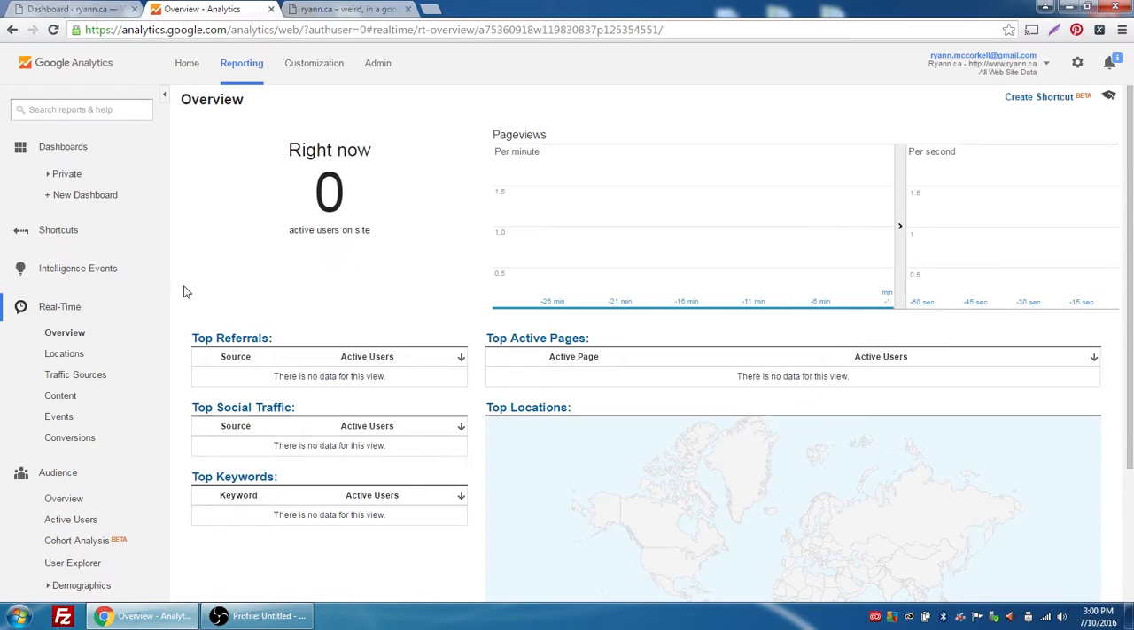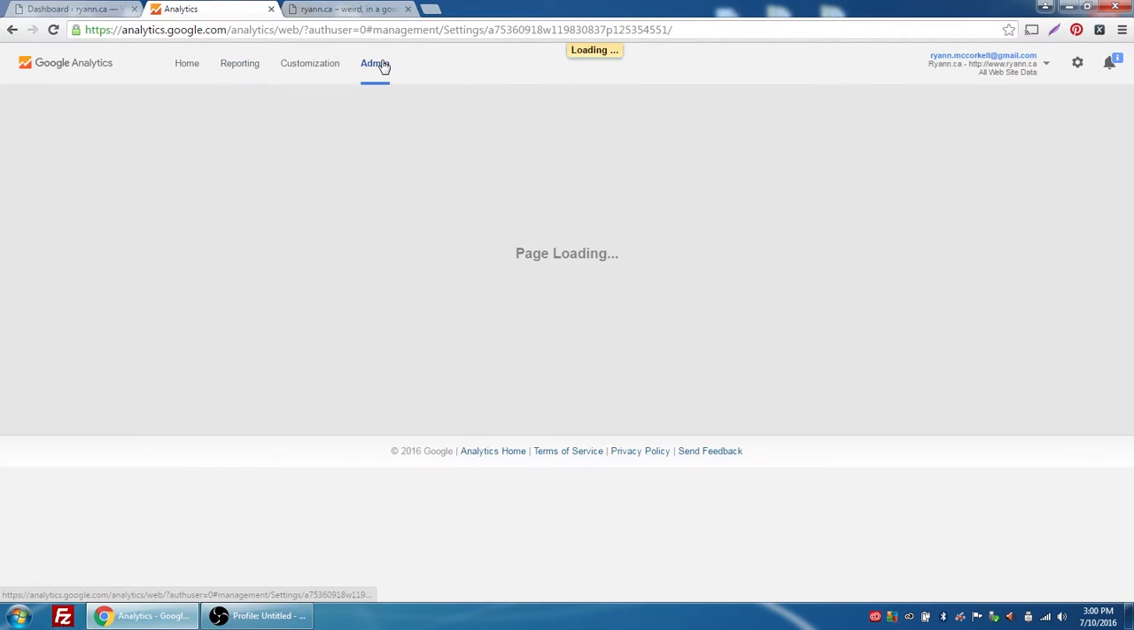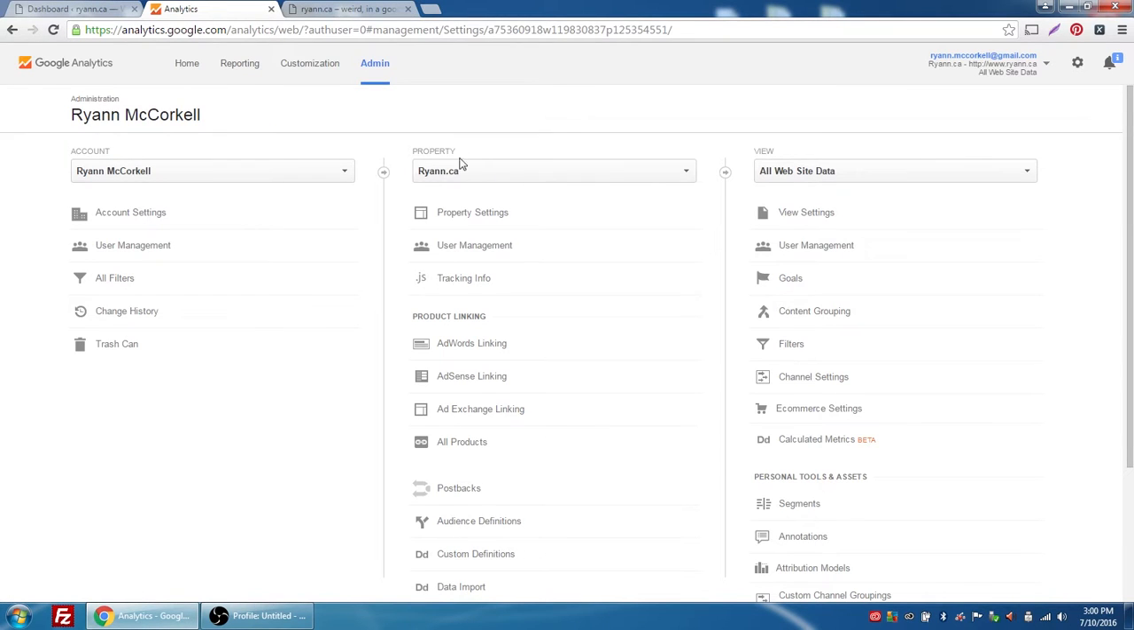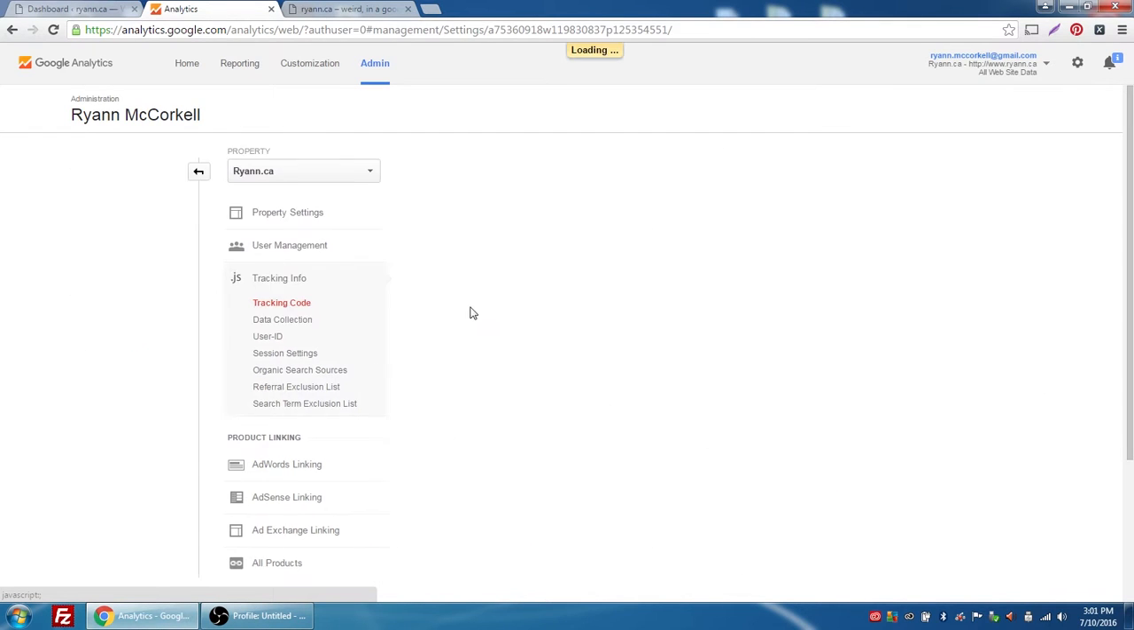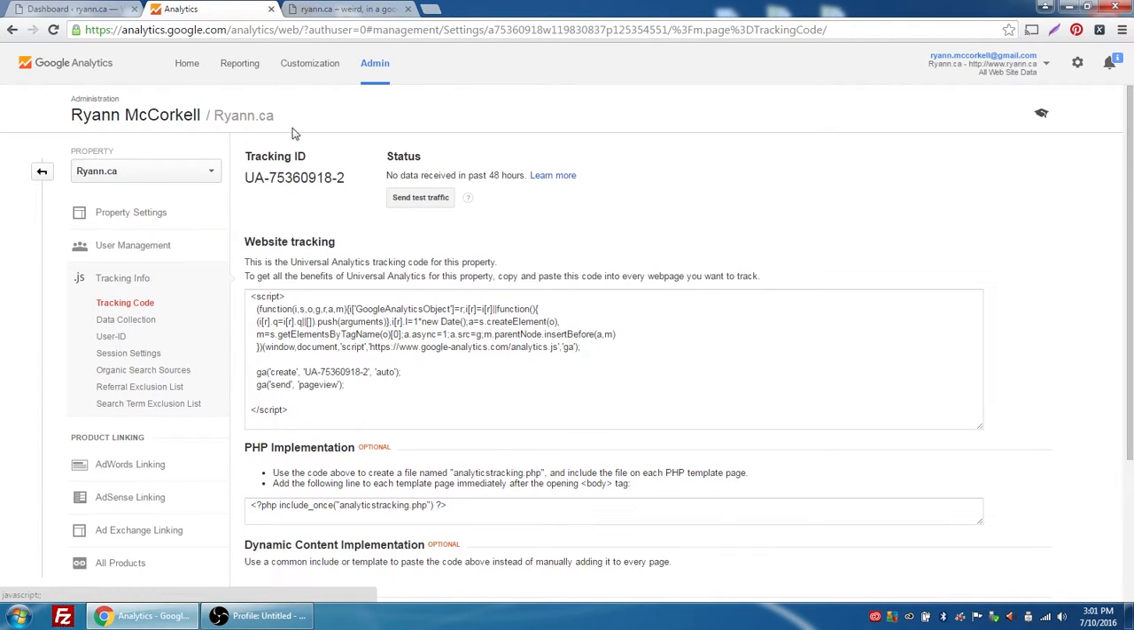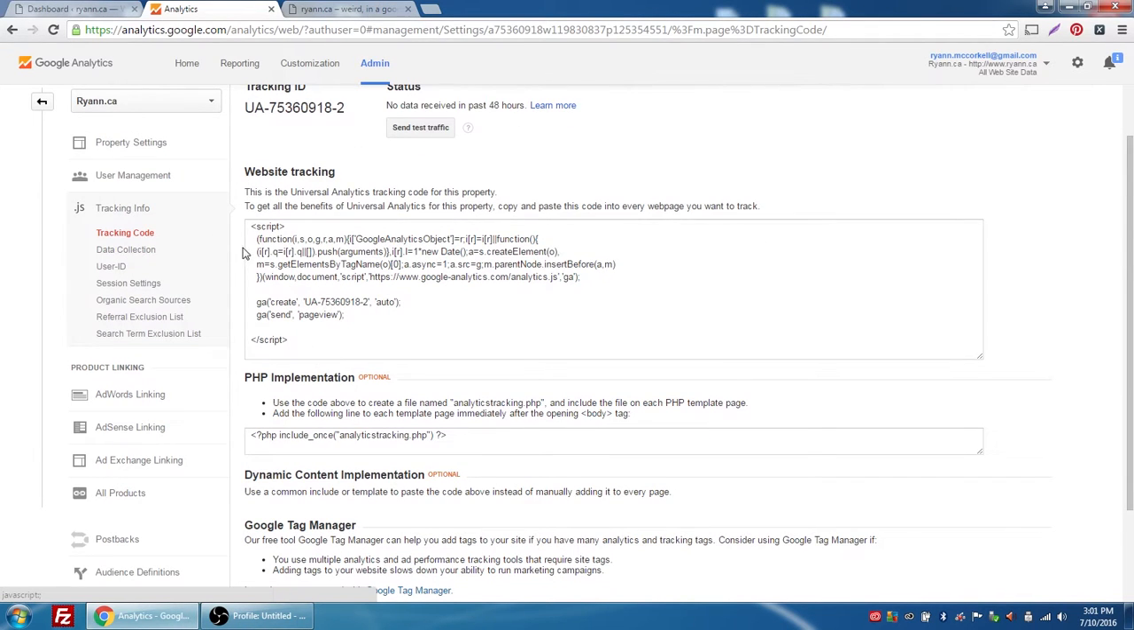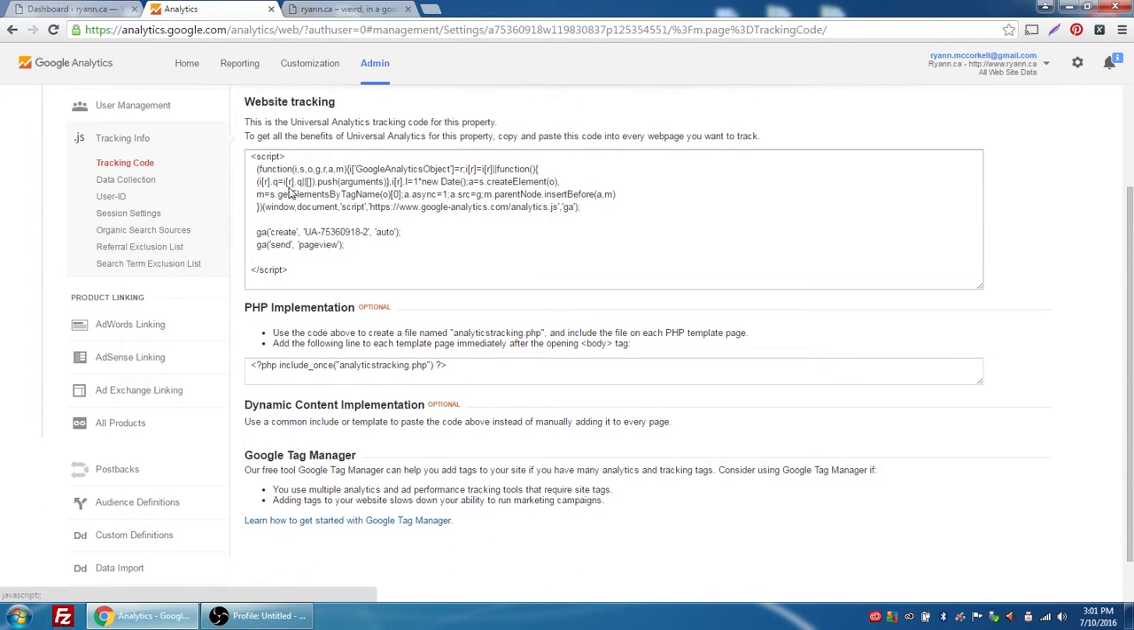analytics, and once you have your domain set up, go to admin and make sure that the property is set to the correct domain, because you can have multiple domains in this account, I think up to 50 of them. Click on JS tracking info and then choose tracking code. What that does is it shows you your Google Analytics tracking ID and then gives you a script that you can copy and paste into your website directly,